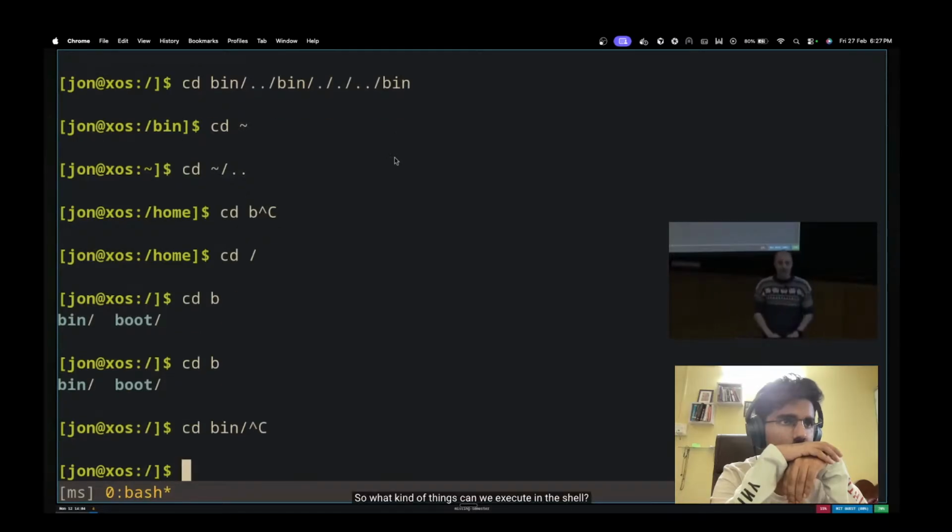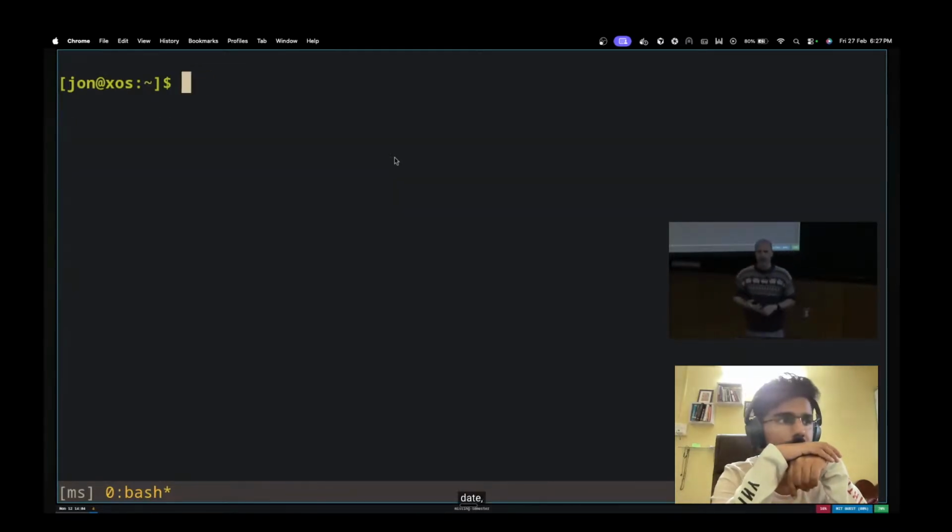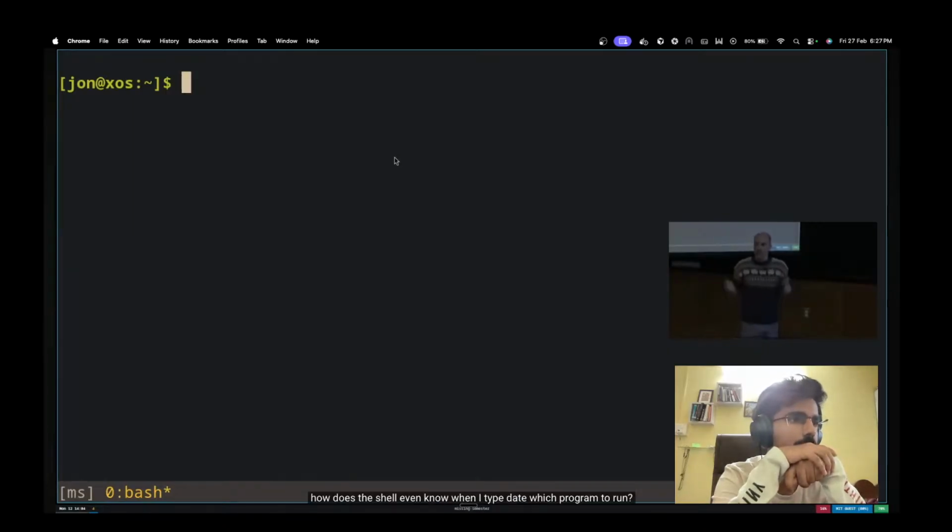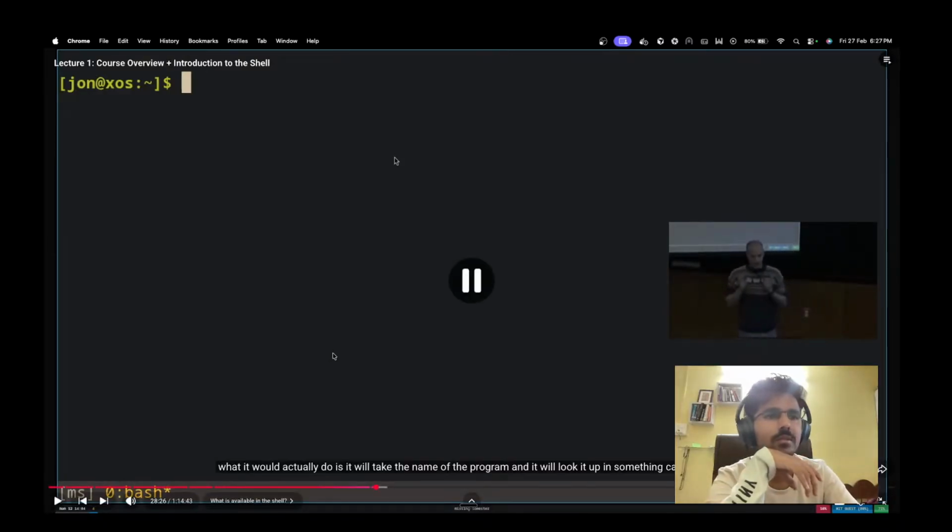So what kind of things can we execute in the shell? We've already talked about echo, date, man, and cd. But how do we figure out what else is available to us? And in fact, how does the shell even know when I type date which program to run? Like, where is date on my computer? The reality is that when you type a command with a program name into your shell, what it